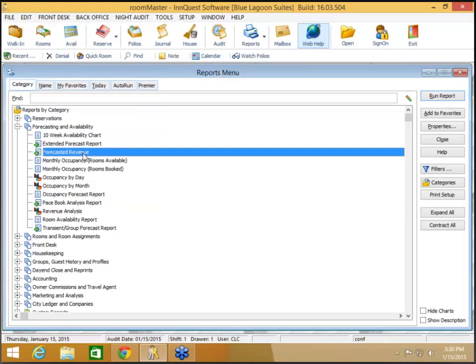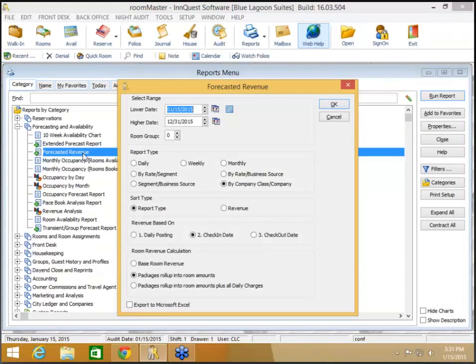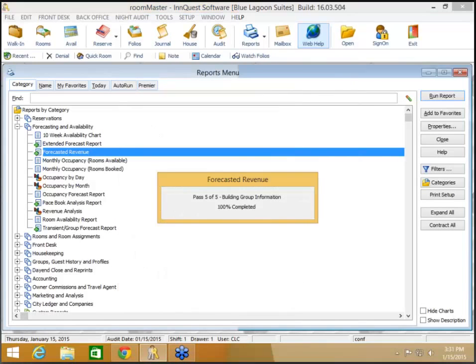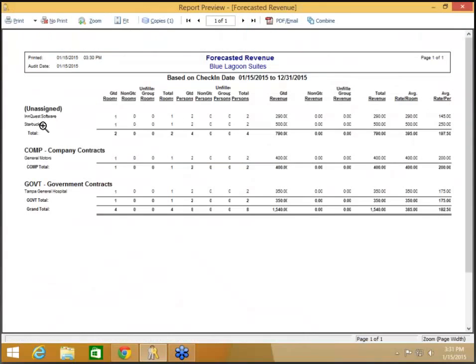And then we did enhance the forecasted revenue report to include an option to run it by company class and company. So if you wanted to be able to see what your future projected revenue is for your companies, then we added a report type. So it's under the report types, a new button here that says by company class company. So if we just run this for the rest of the year,